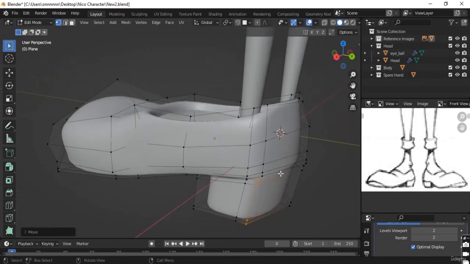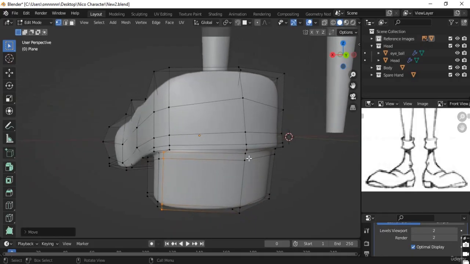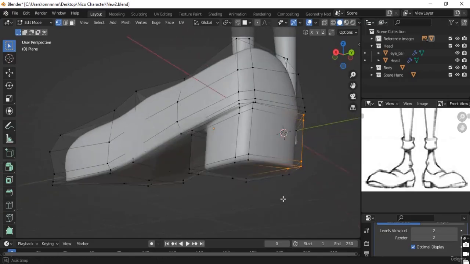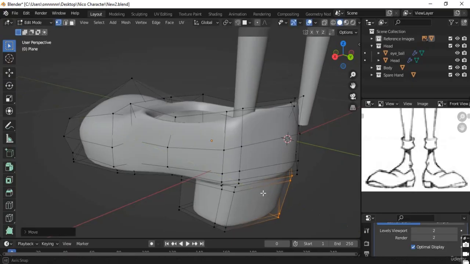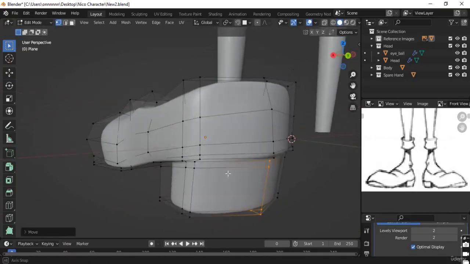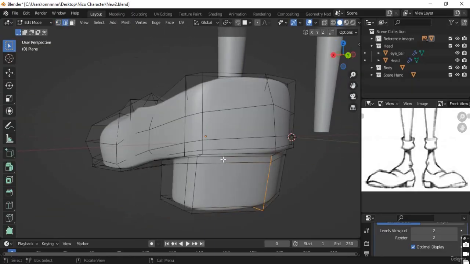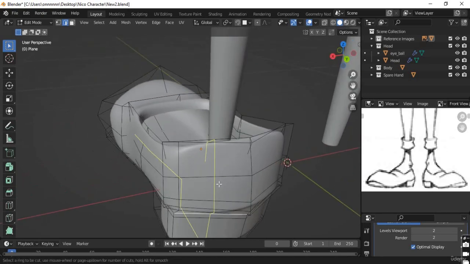Okay, maybe a little bit more like so, and we could equally select this area here and just push it in towards the front, so we'll start to get this line going in, and we could do it for this area as well. Or what we could do, we could add additional edge loop to help us out. But I'm starting to see that if we